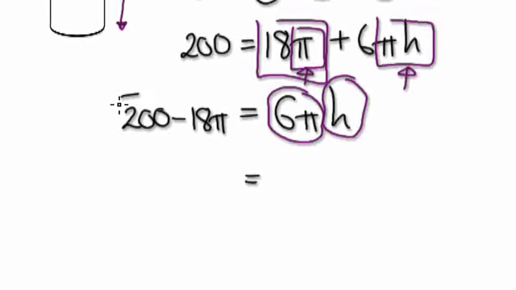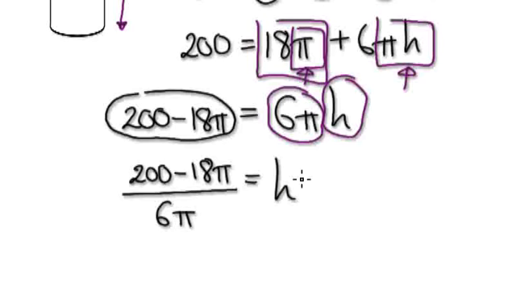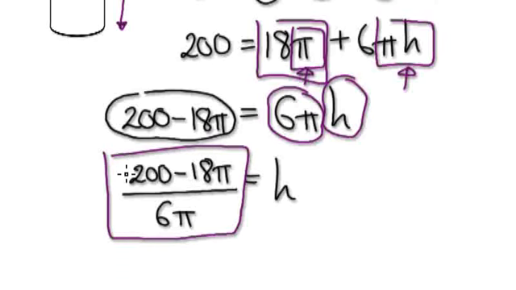So take the whole lot down here, this whole lot here. So it'd be 200, take away 18 pi, divided by 6 pi, and that would be h. So h is given by this thing here. Remember, if you really want to know a number, you can just punch it into a calculator. This is just the number 200. Pi is just a number, and this in effect is just